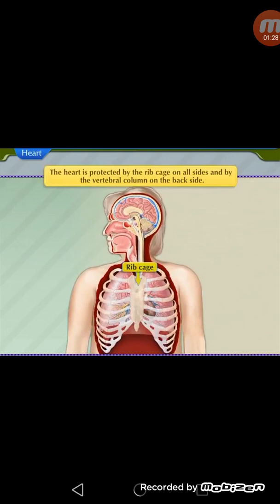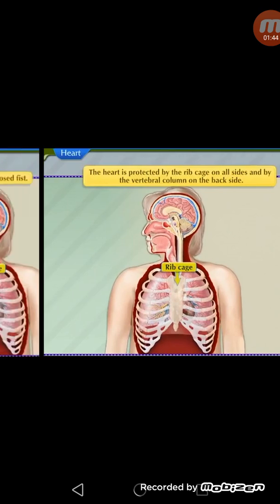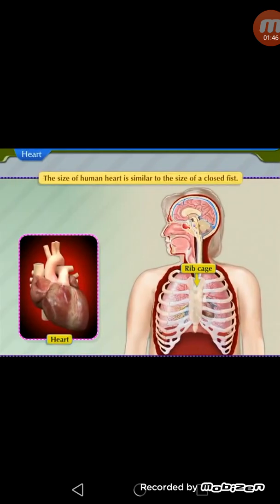The heart is protected by the rib cage on all sides and by the vertebral column on the back side. If we see the diagram, you can see clearly the human heart is protected from the front and all the sides by the rib cage, and from the back it is protected by the vertebral column, which is also called the backbone. The size of the human heart is similar to the size of a closed fist. When we close the fingers, that is called a fist, and the size of the human heart is almost equal